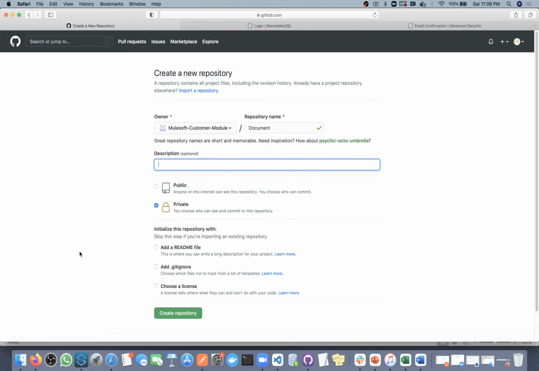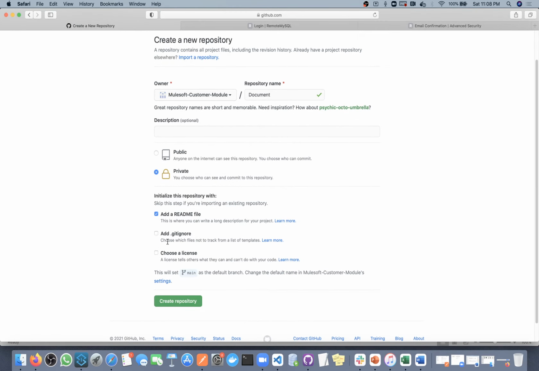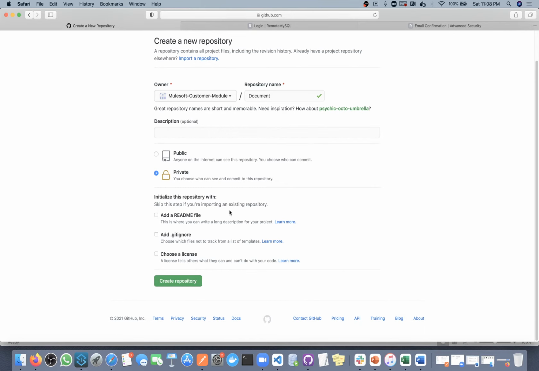I can put a description but it is not required. Public or private, I will make it private, so only members of my organization can see it. If I make it public, everyone can see, but I want it private. Then I will add a readme file.